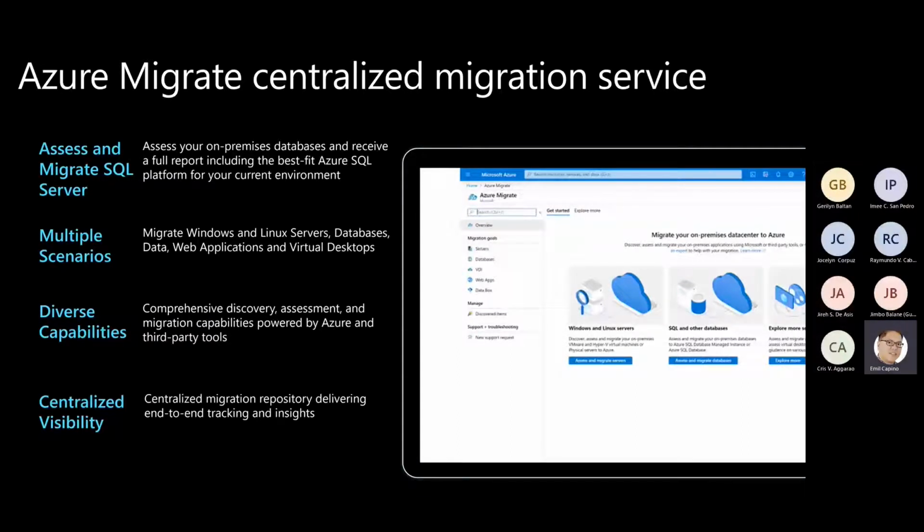So with Azure Migrate, you can discover your assets, you can assess, and you can get a recommendation on which database platform to migrate to. So yeah, I encourage you to check Azure Migrate. Just log into your Azure account, and then under the services, just search for Azure Migrate